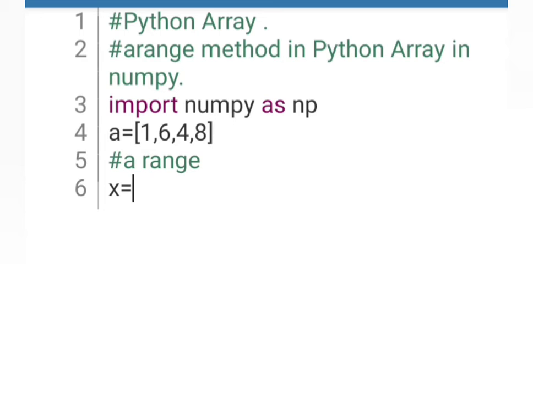Similarly, I'm writing np dot arange, and within the parenthesis I will write the range of numbers. For example, I'm writing 5, meaning 0 to 5 numbers will be printed in this array named x.